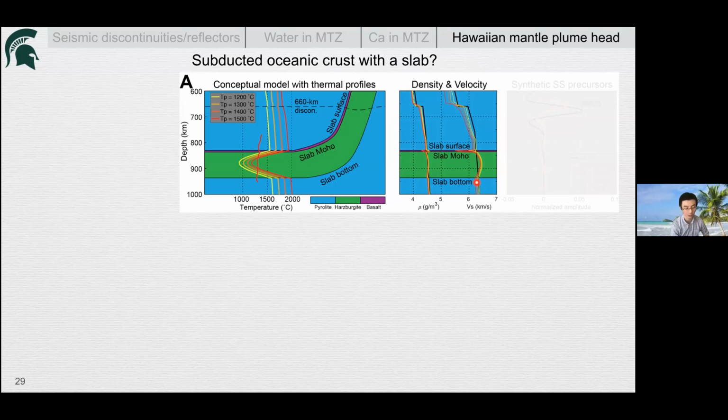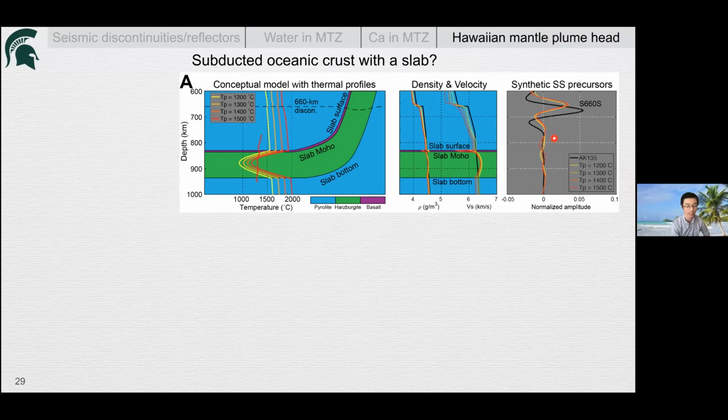The black curves are our reference model, which is AK135. And then you do see some garnet transition. If I shift this flat slab to the right position, which needs some practice, then possibly we can get this garnet transition. But even so, if we try to calculate the synthetic waveform, we don't really see any signal at about 800 kilometers. That's because the velocity